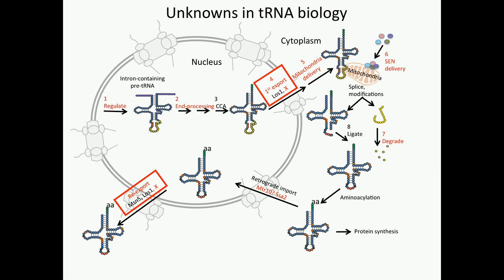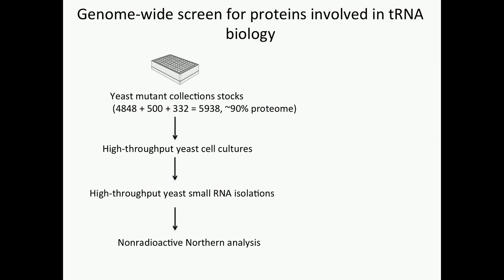The problem is that neither of these genes is essential, and actually in combination, double mutants, our cells are very healthy, yet it's essential for tRNAs to move from the nucleus to the cytoplasm. So genetics said there must be missing exporters, and we took an unbiased approach to find those, and we used the vast resources available for yeast to